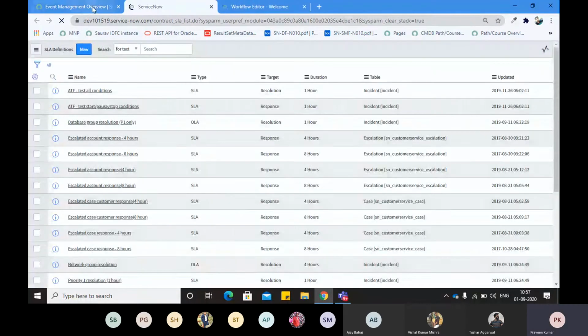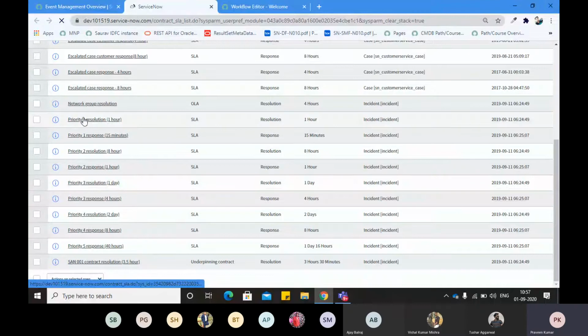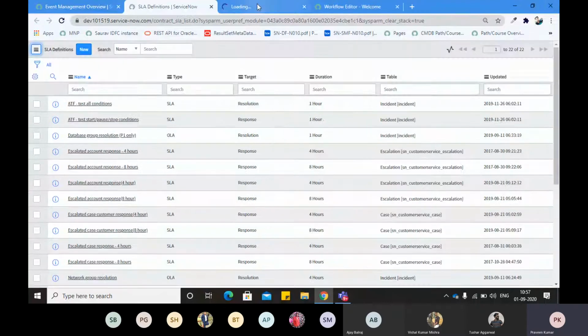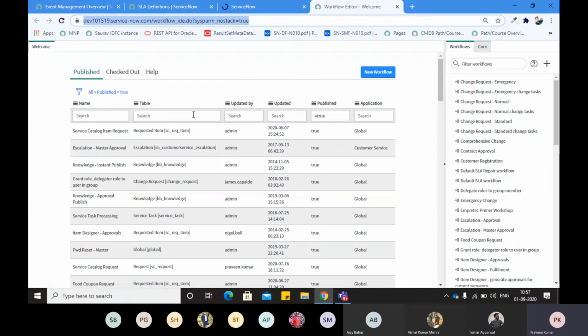For example, if I open any SLA definition, say the priority 1 resolution, 1 hour SLA, this is where the workflow is attached. From the workflow editor, you create a new workflow, submit it, and publish it. Then only you will come here.